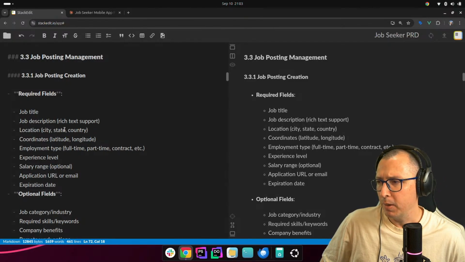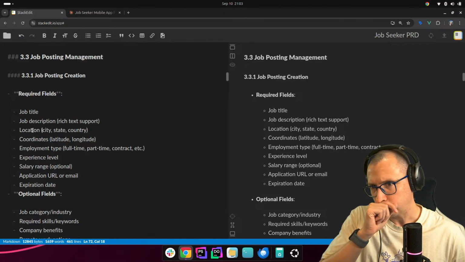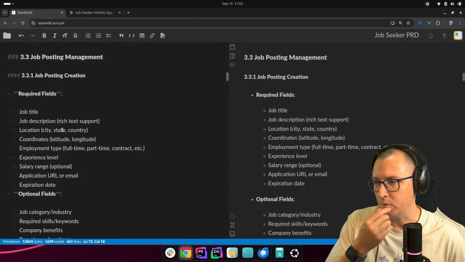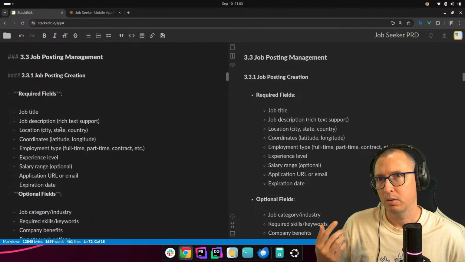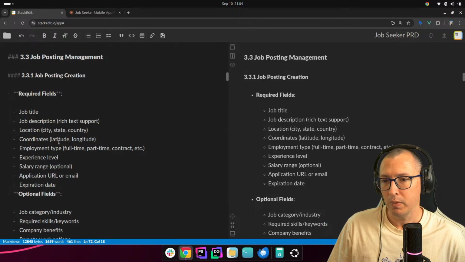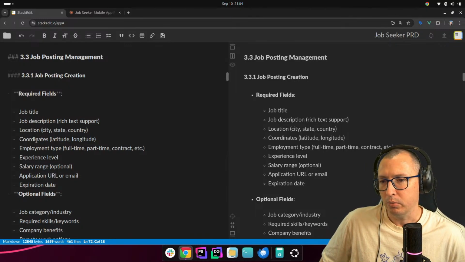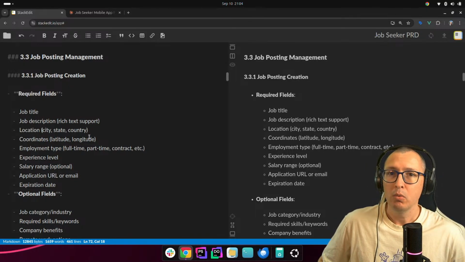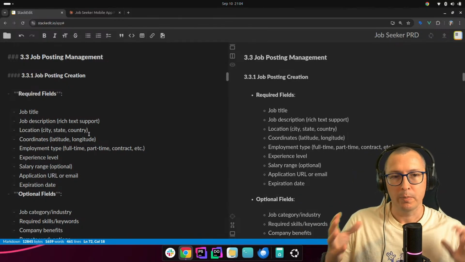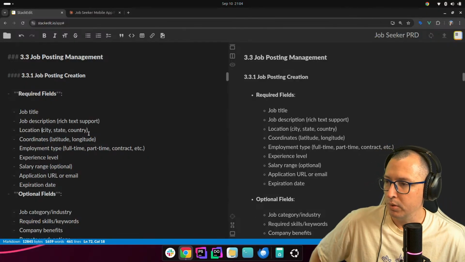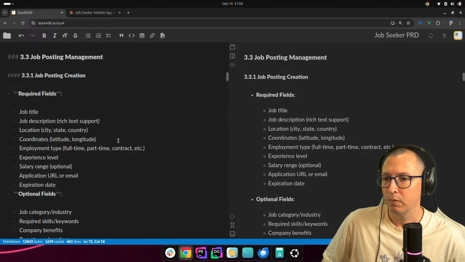There are several APIs that you can use for free to search a city and a state and a country, and you get the latitude and longitude values for that place in a general area. So we're going to use that to extract the coordinates, which are going to be useful later for filtering via Typesense using lat long values.